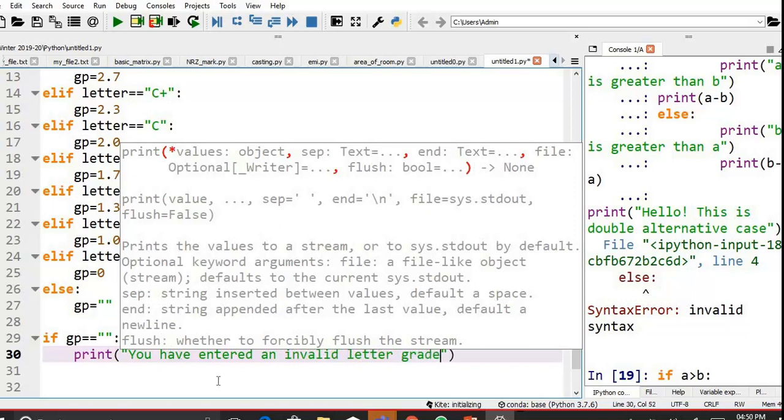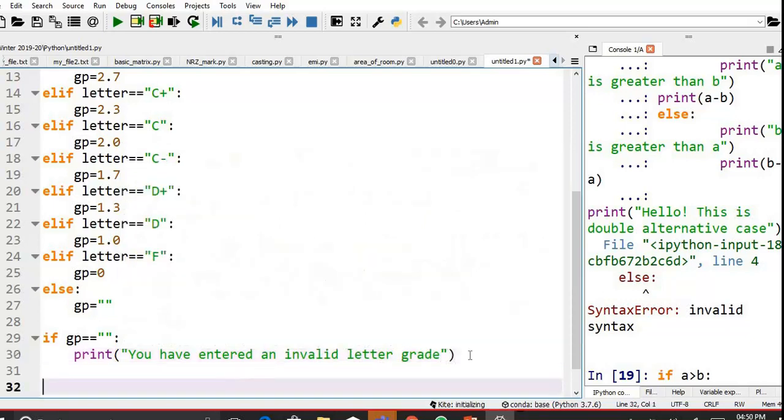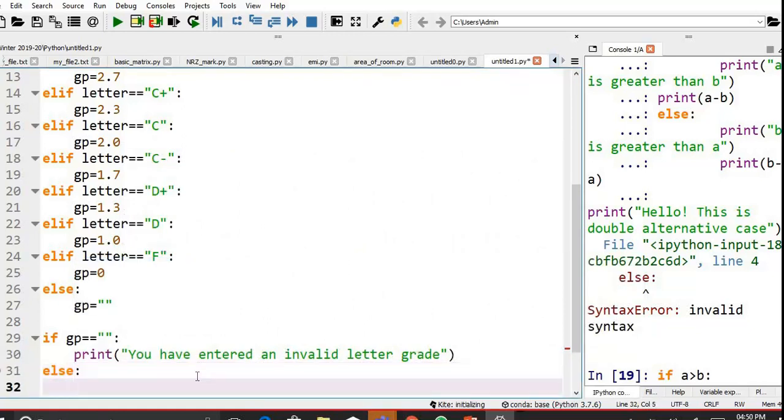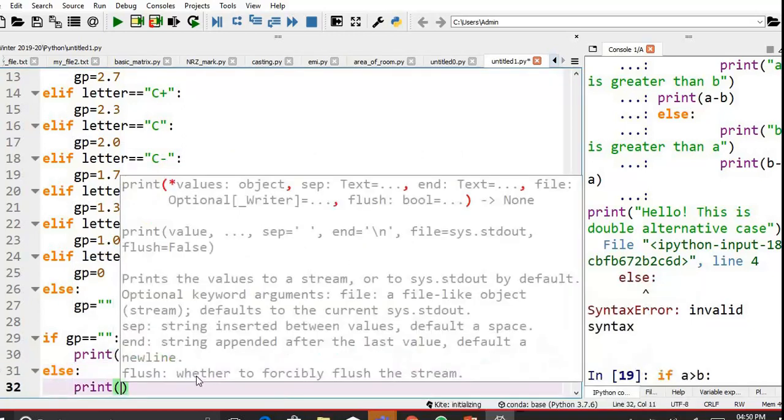Otherwise, whatever the value is, I want to print it as it is.